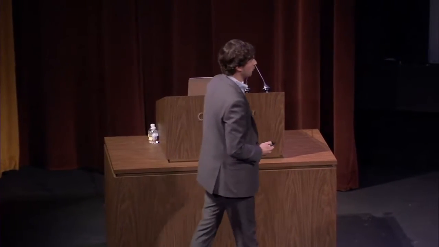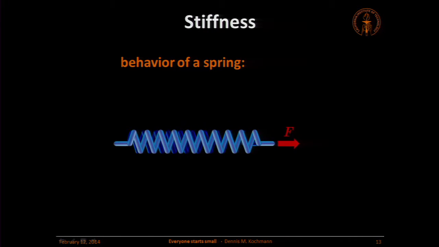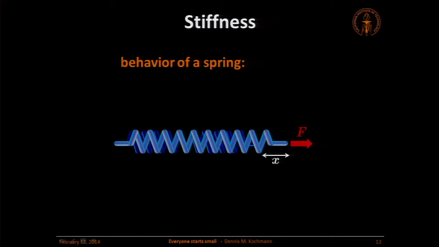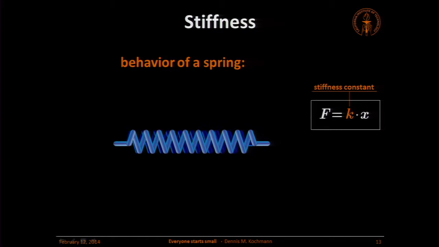And I couldn't get around to show you at least 2 or 3 equations. That's all I will do tonight. Let's start really simple. Everyone knows a spring. If you apply a force F to a spring and you pull on it, the spring gets longer by a certain distance x. And most people know from high school physics, or even from middle school physics, that the force is nothing else but a stiffness constant times the elongation. This is the stiffness. The stiffer the spring, the more force you need to deform it into a certain shape. If you remove the force, the spring usually goes back to where it was before. This is what we call the elastic behavior of a spring.